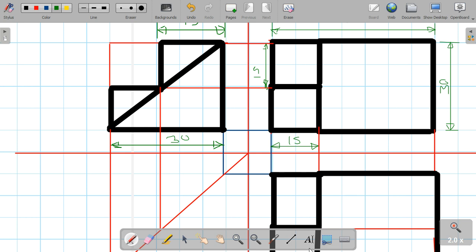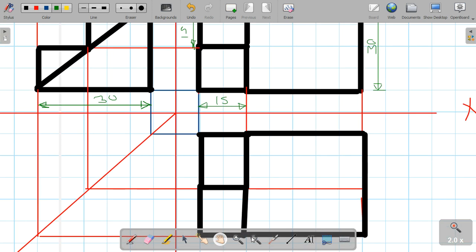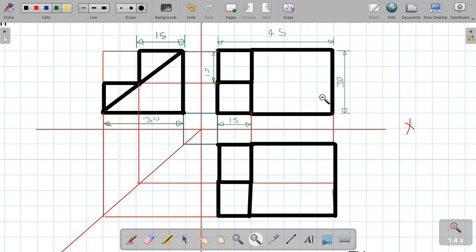Then come to top view. If we observe this, now if it is 15, it is 15. If it is total 45, total 45. If it is 30, it is 30. So we should not show dimensions to horizontal lines. Here we have to show dimensions to vertical line. Okay. So similarly,